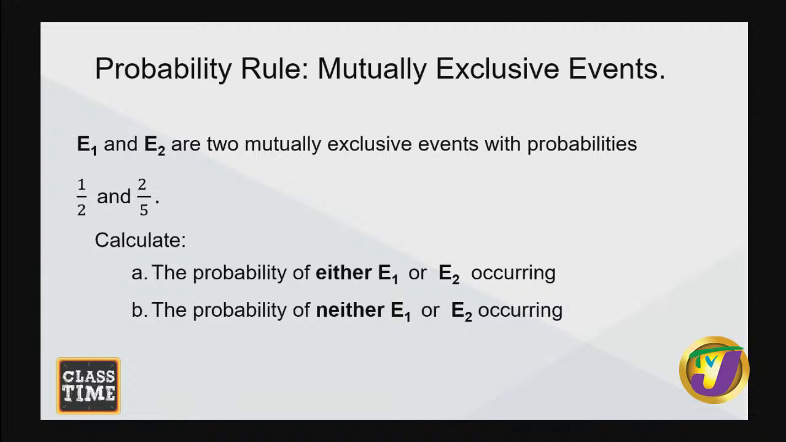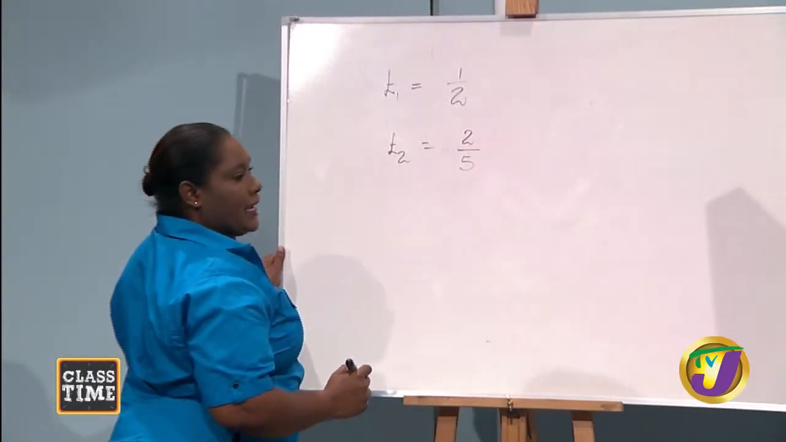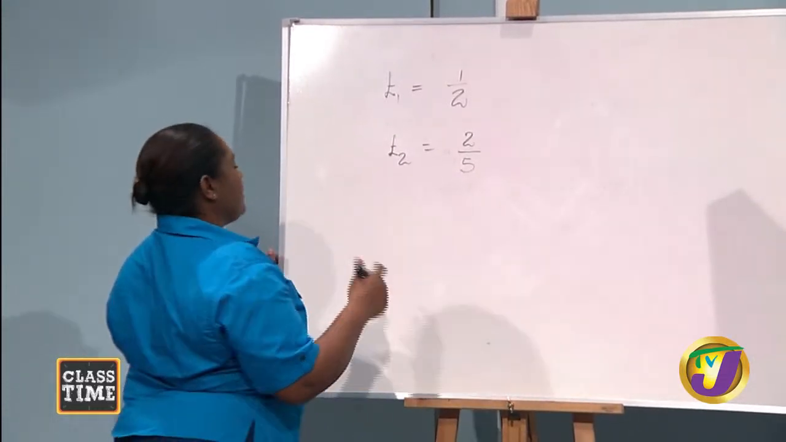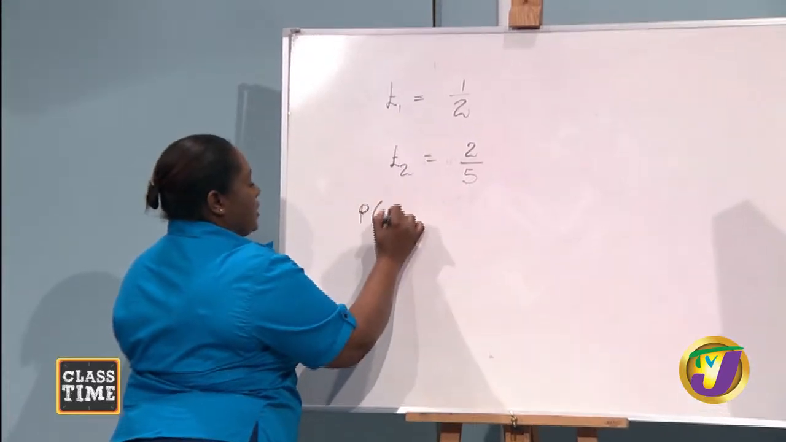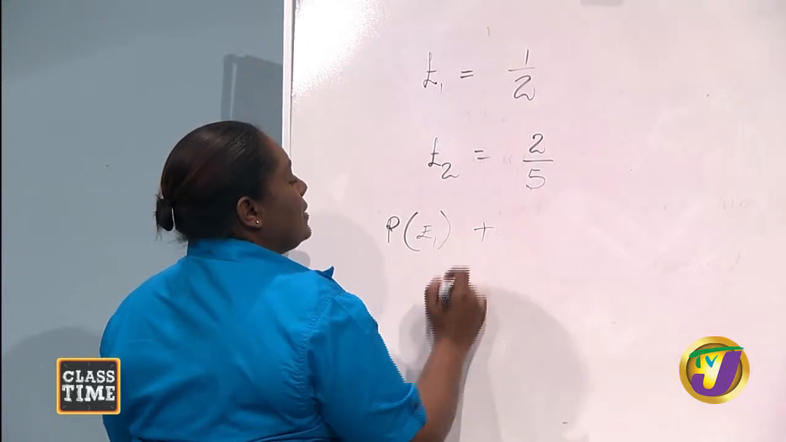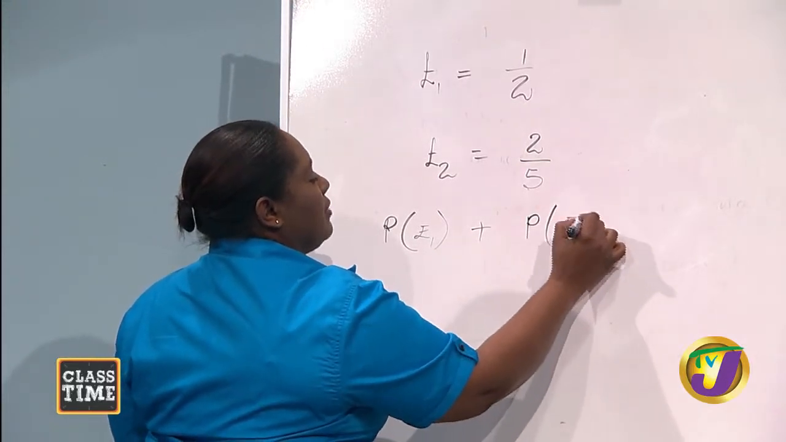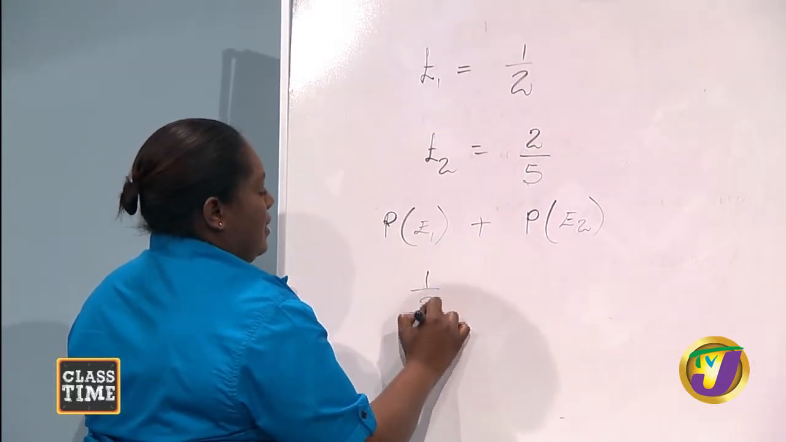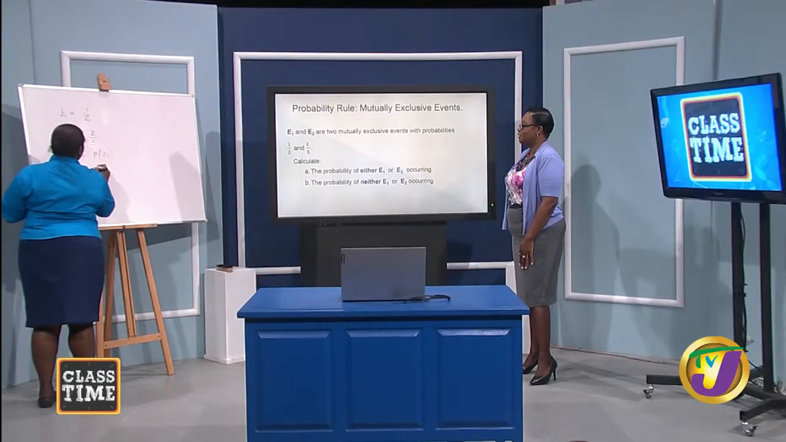Yes, application. So, event 1 has a probability of a half. And event 2, 2/5. And we need to find the probability of either event 1 or event 2 occurring. So the generalized approach would be the probability of event 1 added to the probability of event 2. Event 1 is a half, then, and event 2 is